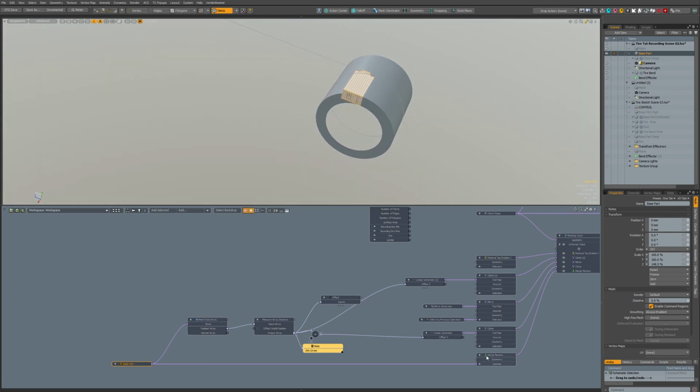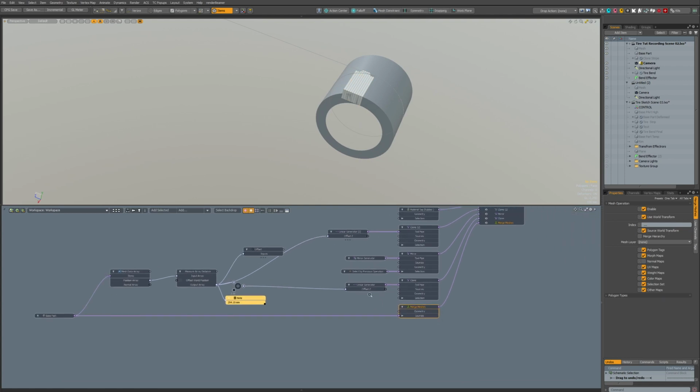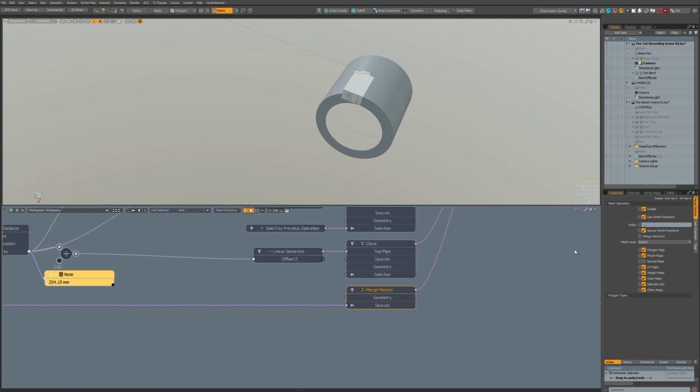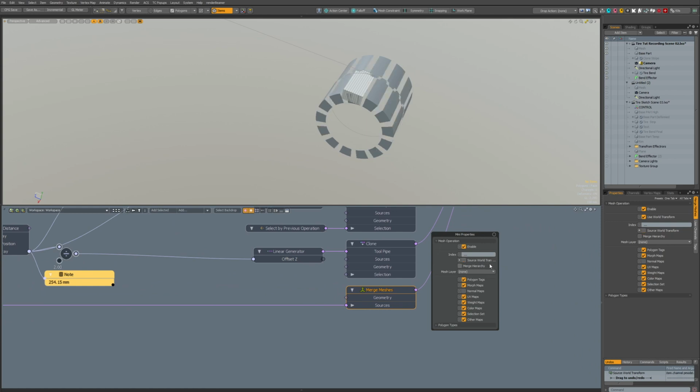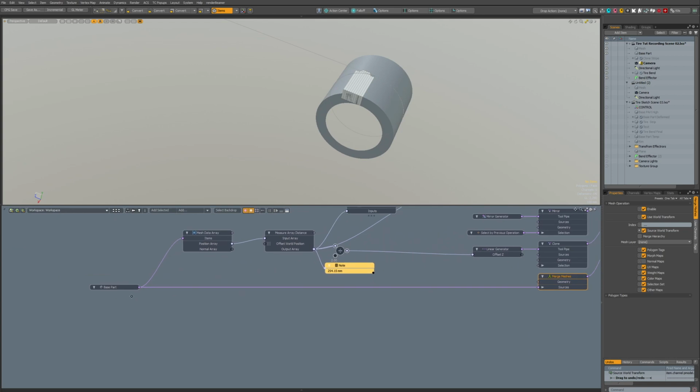One trick to do is we can take this merge mesh and disable this source world transform. No, we cannot. That's strange.